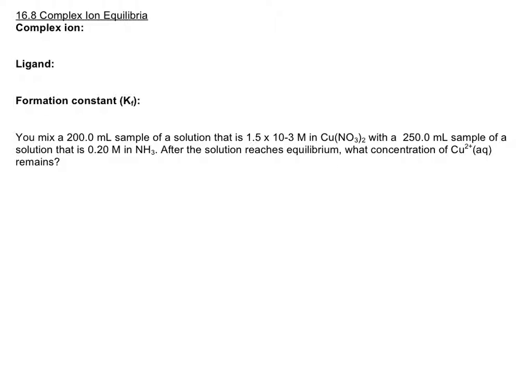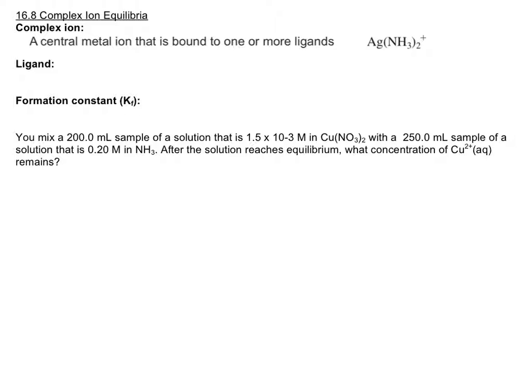The last thing we're going to talk about in this unit is complex ion equilibria. These are just a little bit different than the equilibria we've talked about already. They look kind of like ionic compounds, but they're slightly different. A complex ion consists of a central metal ion that's bound to one or more ligands. An example of a complex ion, because it's a little easier to explain this way, is